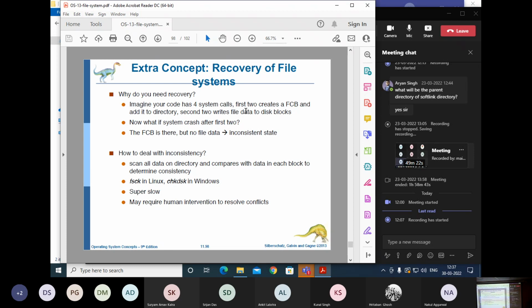Say the first system call, the FCB creation call, succeeded, but because you just rebooted your computer, the third did not. Now you have an FCB which doesn't point to any data blocks. That's also corruption, and easy to handle corruption. You can just go over the FCBs and find out if an FCB has